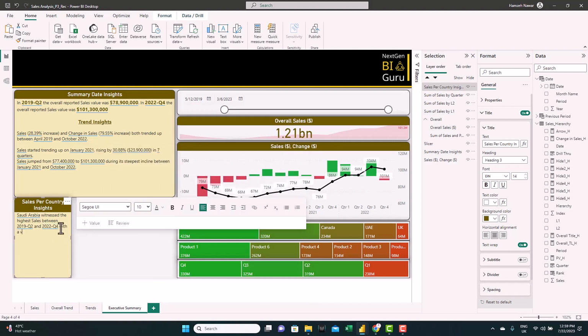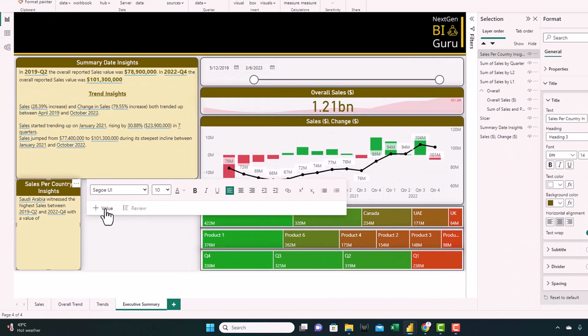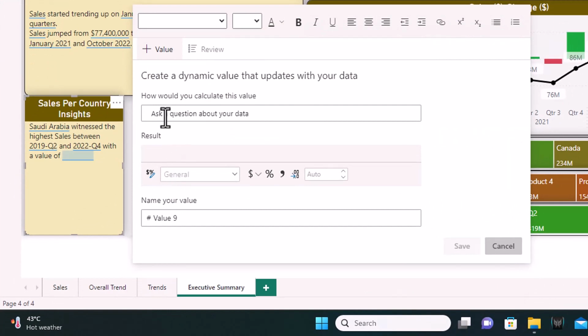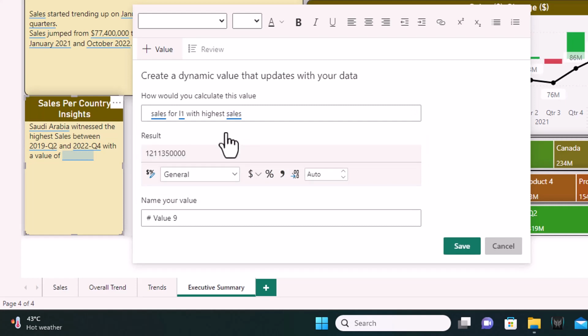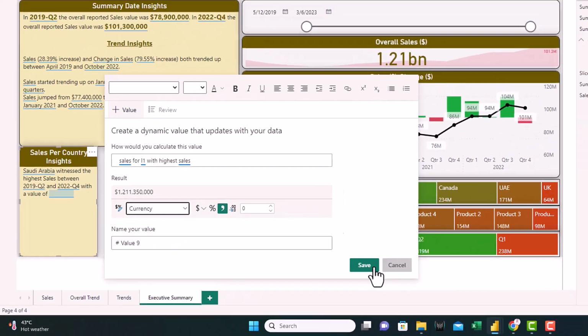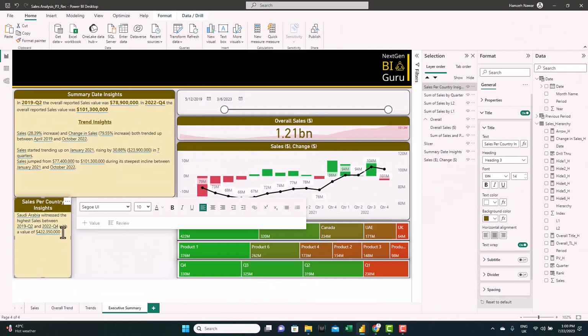And write with a value of, and again add a value and search for sales for L1 with the highest sales. And we can find it. Let's just select it, change the number to currency and save. Now let's repeat the same for the worst sales in a country.